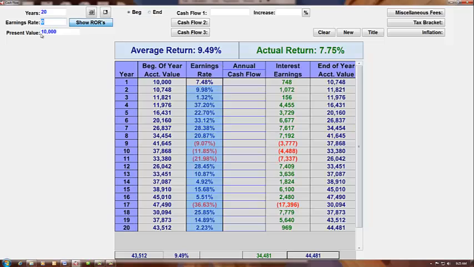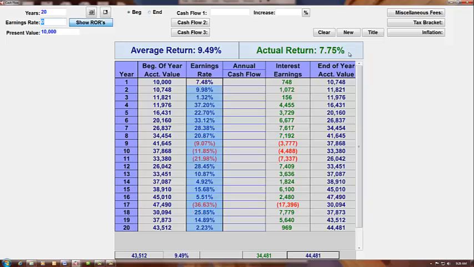In this example, we come back to the 9.8% S&P average. You'll notice once we actually make an invested dollar amount, the average drops to 9.49%, but the actual rate of return drops even further to 7.75%. Again, you notice these crashes: 9%, 11%, 21%, and 36%. The volatility of the market, and again the S&P is the best of the best, still only gives us an actual rate of return of 7.75%.